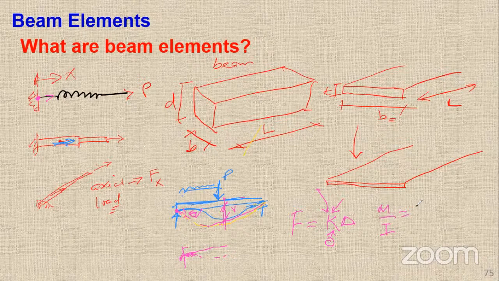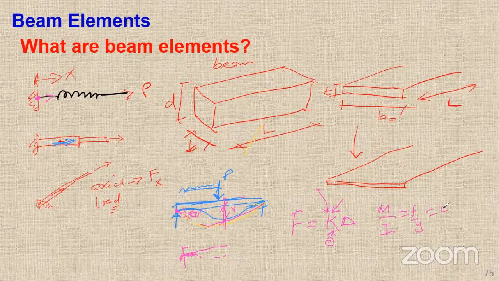M over I equals F over Y equals E over R. This is when you derive this equation. This is what we call the equation of simple bending from the beam theory. So the assumption is, just as we had assumptions for the spring and the bar element, in this case, we have the first assumption that the beam is loaded only